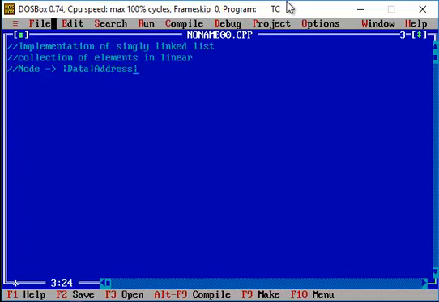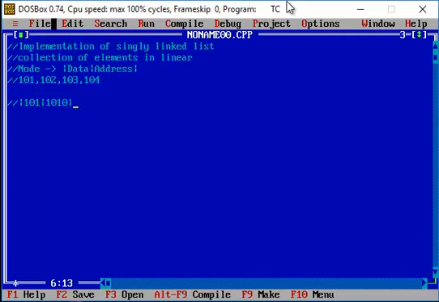So when you have a collection of elements in a singly linked list, every element is identified with the help of a node, and that node consists of the data, and every node will have the address of the next node. Let's say, for example, I'm trying to insert the values 101, 102, 103 and 104. These are the elements of my singly linked list. The element 101 will be stored in a node such that it will have the data field and then the address field, that is the address of the second element, that is 102. Let's say, for example, simply 1010. So this is how my node will look.